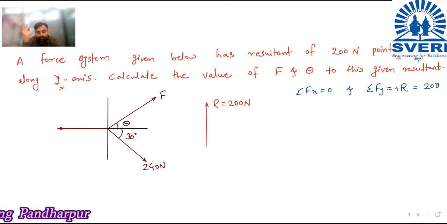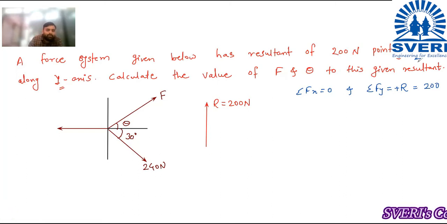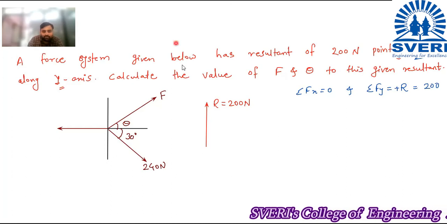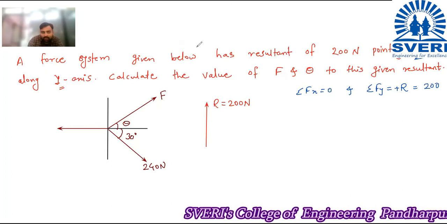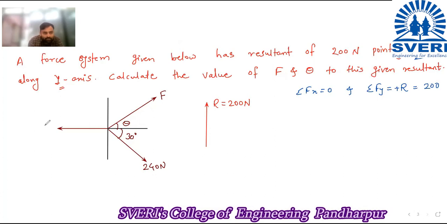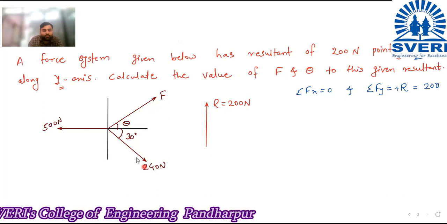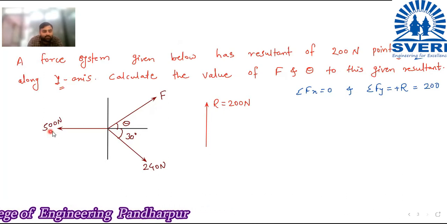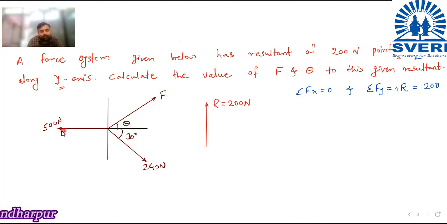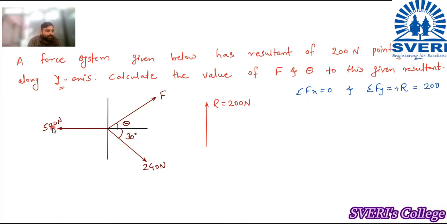This is our equation. Now while solving this equation, first of all, you can see in the diagram that this force is 500 Newton. Now here you can see 3 forces are given to us. First force is 500 Newton. This 500 Newton is the horizontal force. It is parallel to the x-axis. So we can directly count this force into summation Fx. There is no need to resolve this force.